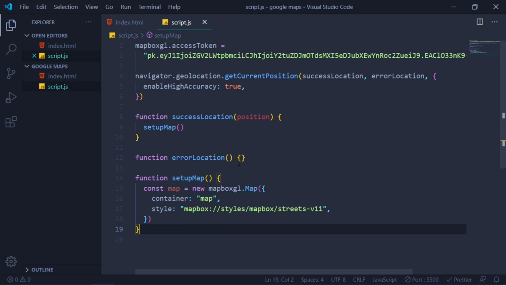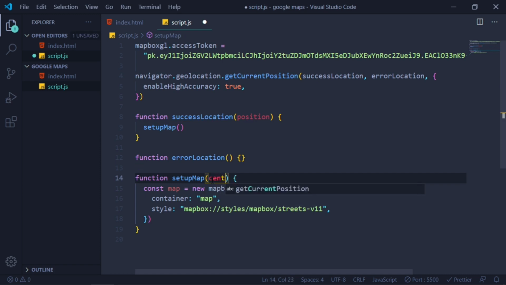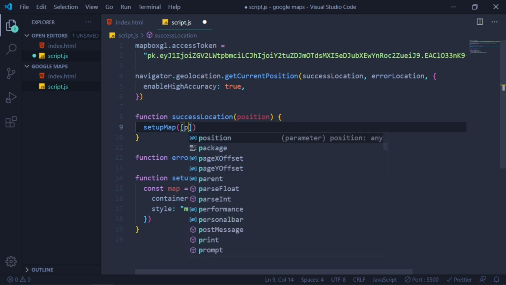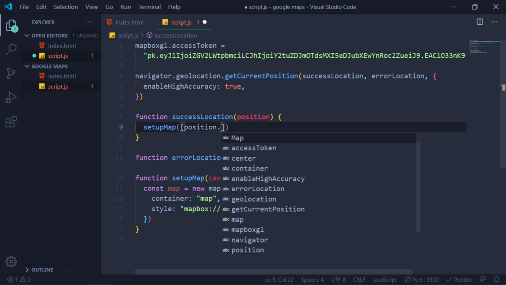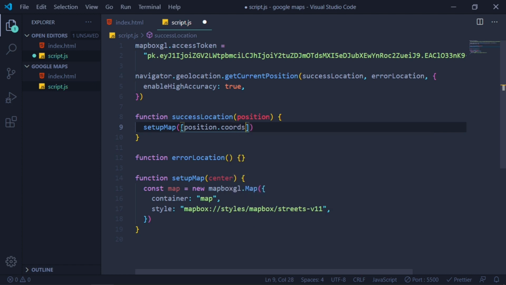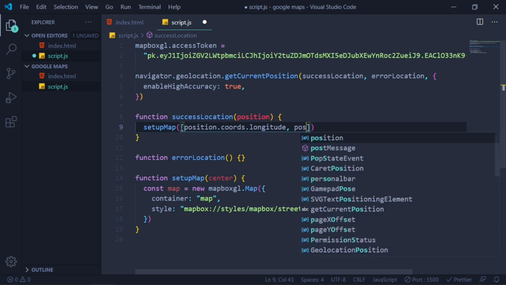So let's add something here. Let's add the center parameter, and then add here position.coords.longitude. Make sure it is first longitude and then it is latitude.